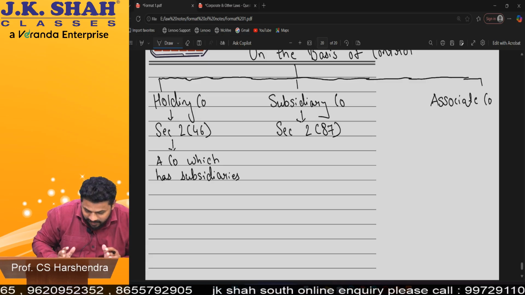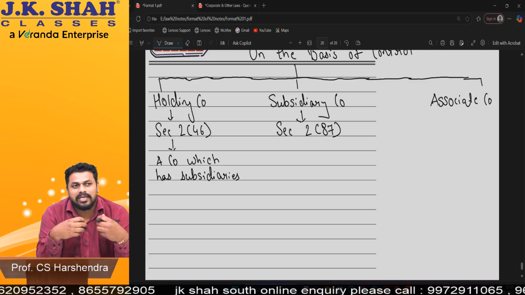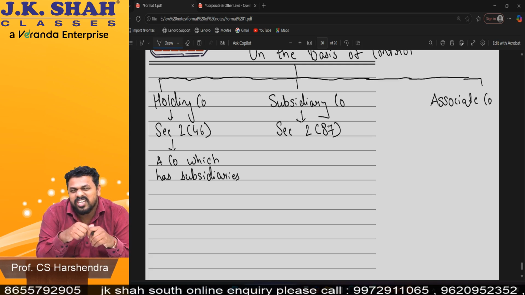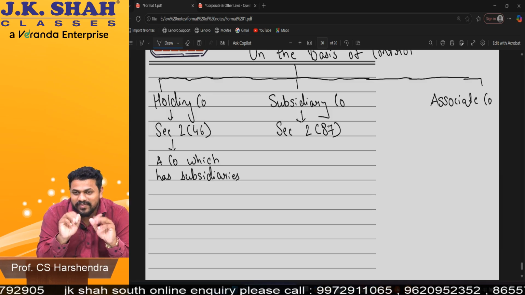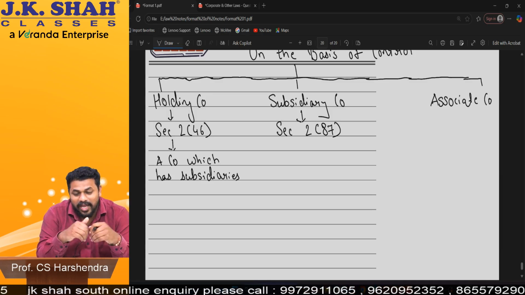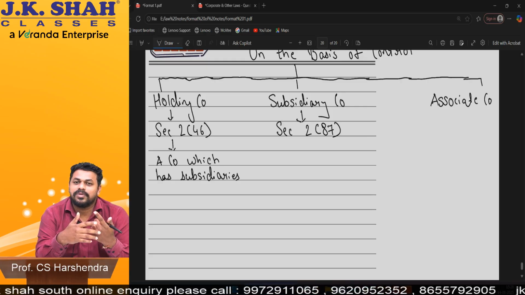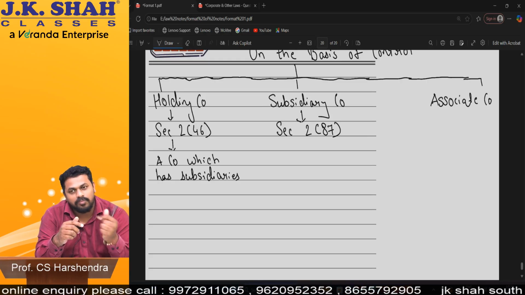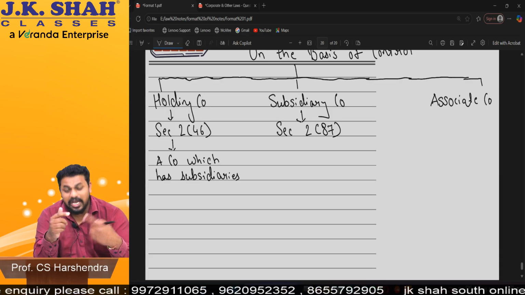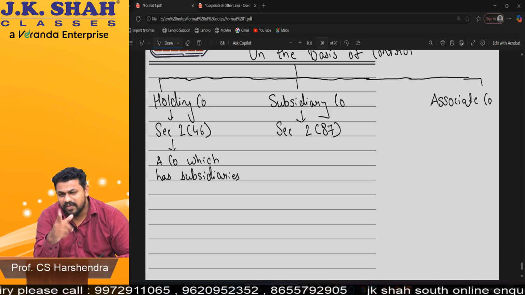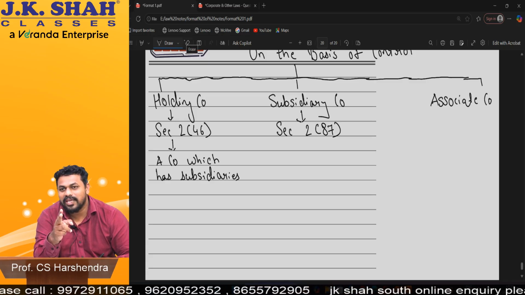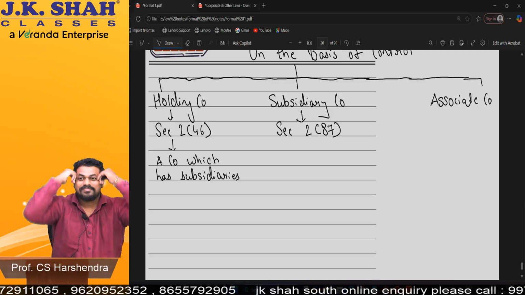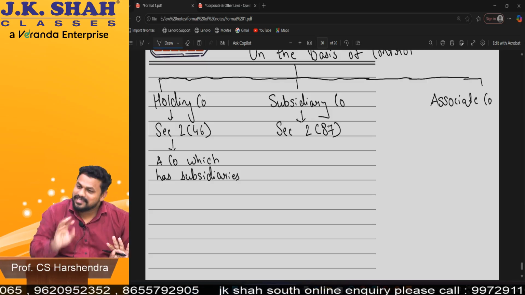And I always feel this way: if I'm a faculty, just imagine I say I don't know the section number. How odd it feels, right? If I'm a faculty, a professional, I should know the section number. Same thing when you are a chartered accountant and sit in front of the client: you should know the section number. If he asks anything, you say, yes sir, we have a solution to this as per section 3A. He'll be like, oh boss, yeah, my CA. Yes or no? It's like that.